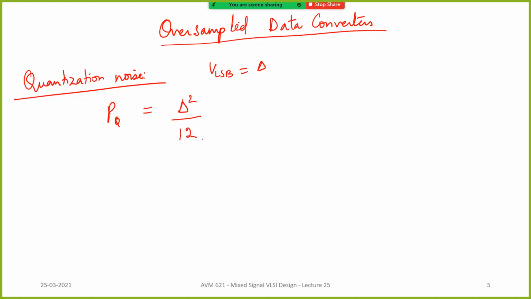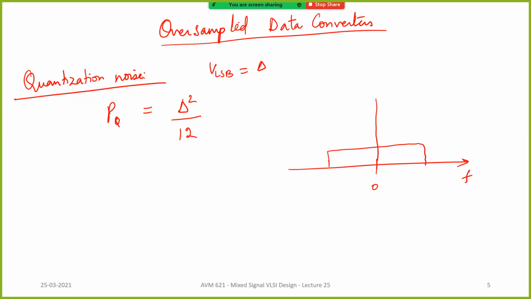Now, what is the spectrum of the quantization noise power? Let's say this is 0, this is the f-axis. What is the spectrum? It will be a flat spectrum. Did we look at the PDF? Yes. And power spectral density also we do. The PDF is a uniform distribution between minus del by 2 to plus del by 2. That is the probability density function, okay?